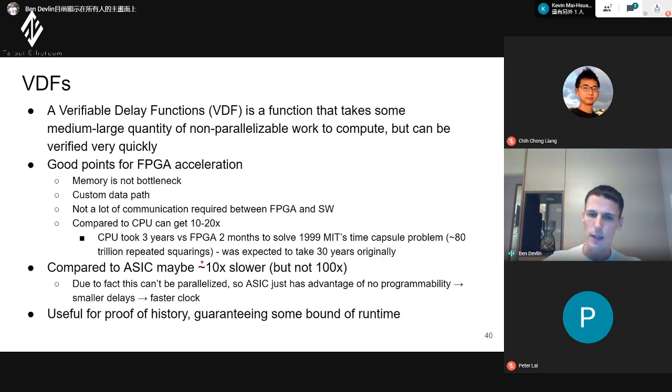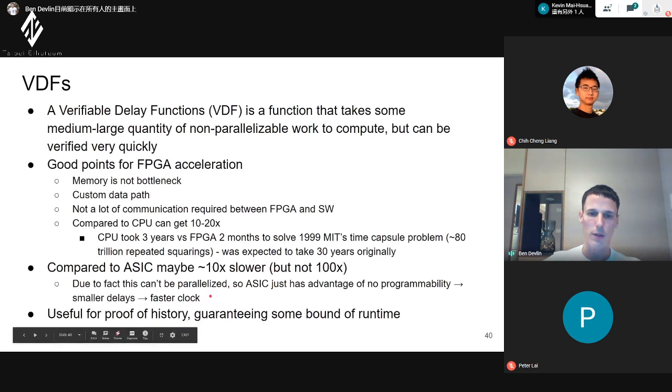The other point is that compared to ASICs, it'll be slower, maybe 10x slower, but it won't be 100x. And this is important for what I'll show on the next slide. Due to the fact that it can't be easily parallelized, ASIC doesn't really have a big advantage over FPGA. The advantage is that we have no programmability, a smaller delay, and a faster clock.